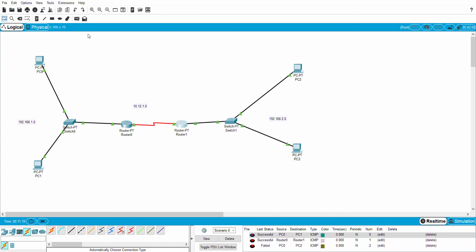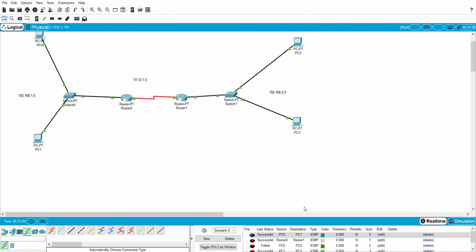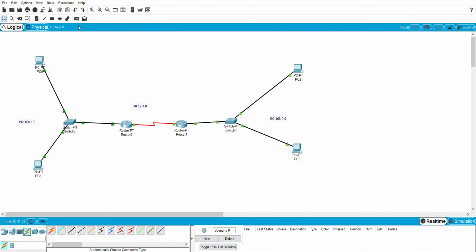Okay, now what you can see here is it is showing successful, then from here to here. Okay, successful.